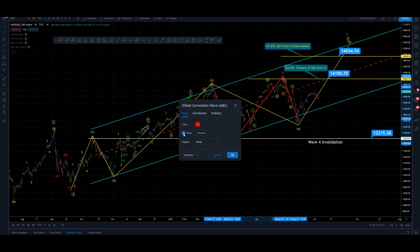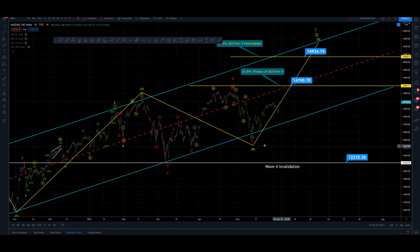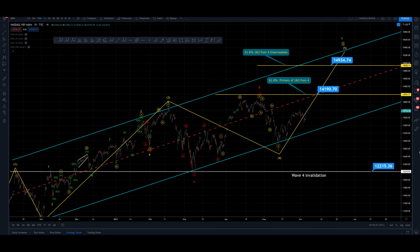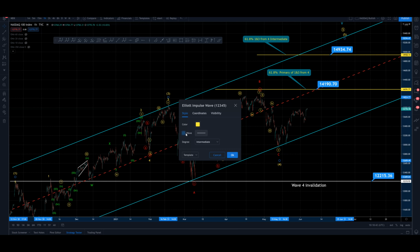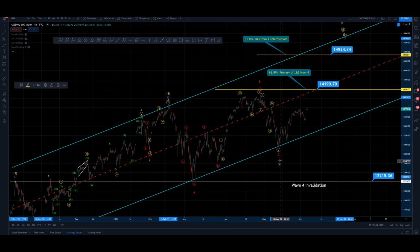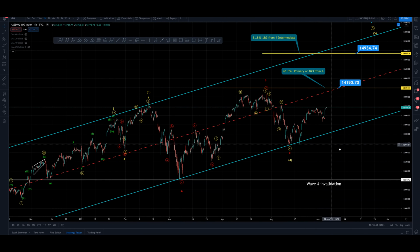It's just the way I've counted it up until the top is still supporting the bearish idea for the meantime, but I do like this setup from a bullish perspective as well, and this is my preferred count from a bullish position. The only issue I have, and it is a pretty big one,